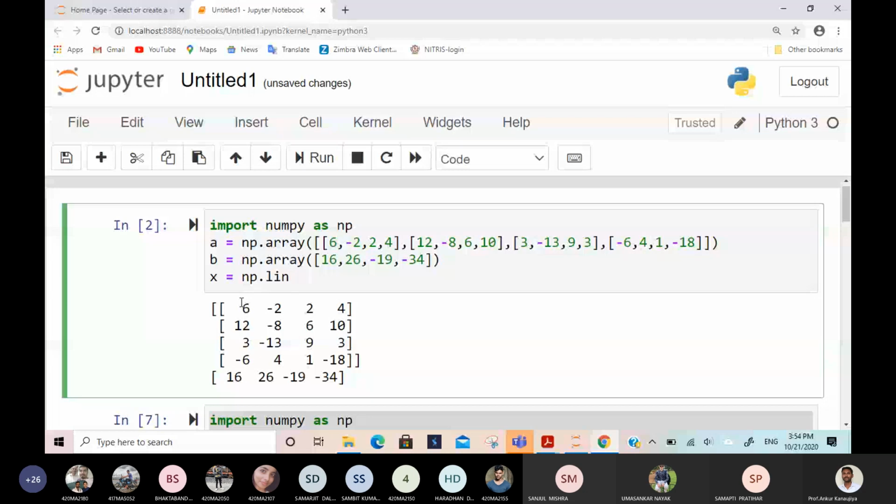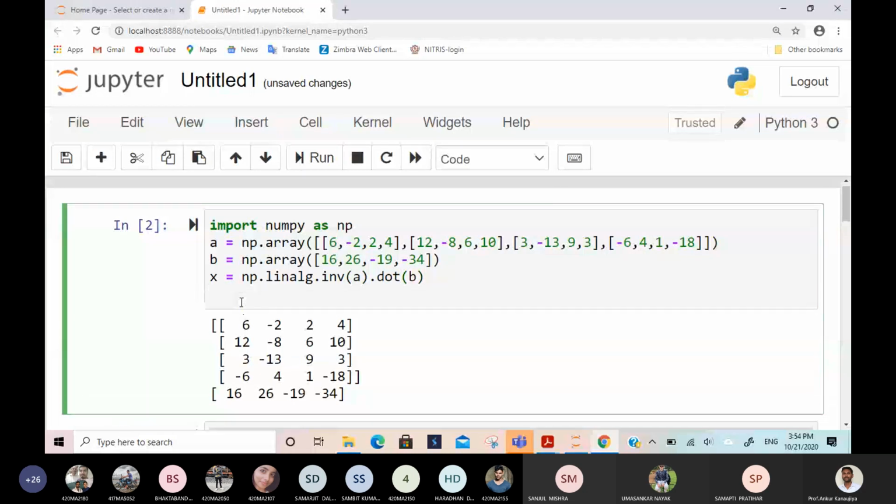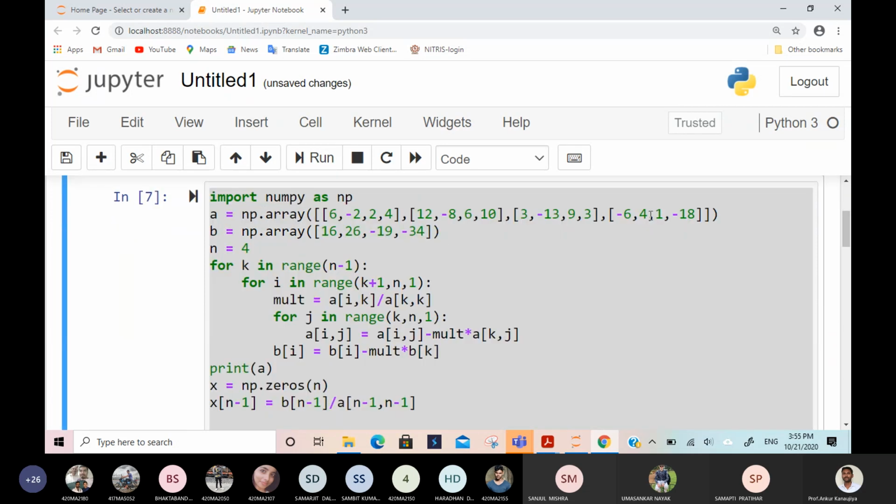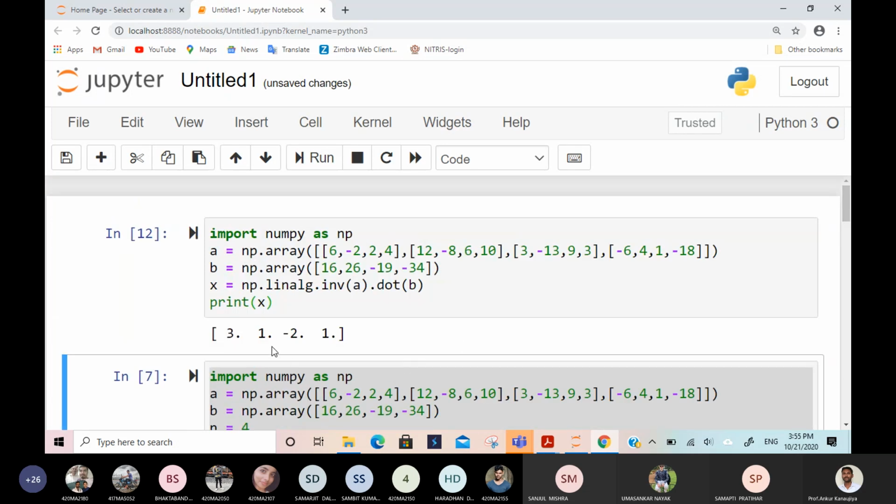So I am writing linalg dot inv of matrix A, and then dot B. It will first find the inverse and then multiply by B, and give the answer. I am printing X after solving this. If I run this, I get the same answer: 3, 1, minus 2, 1.